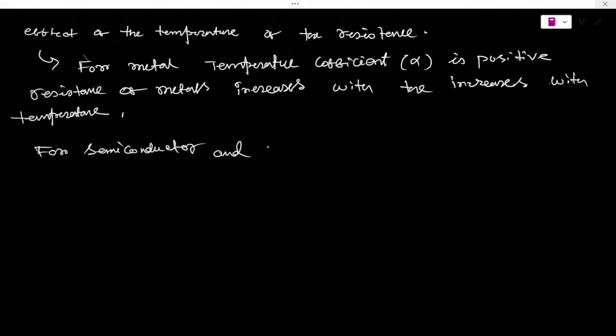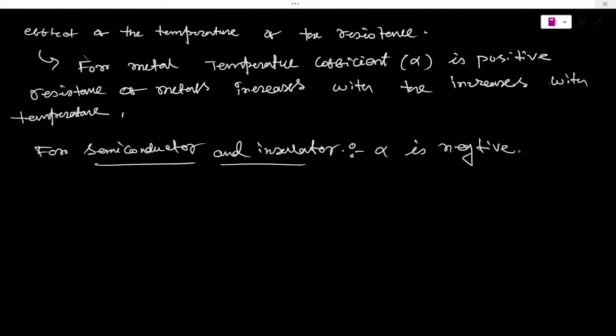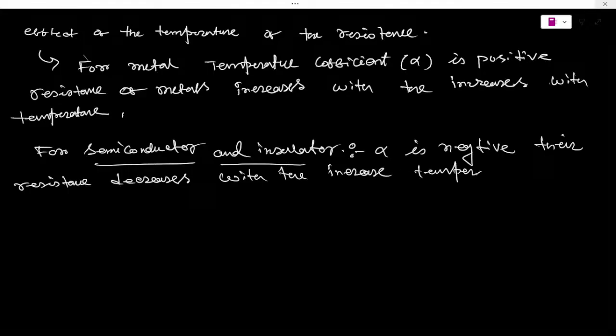For semiconductor and insulator, alpha is negative, their resistance decreases with the increased temperature. Okay, for alloy,